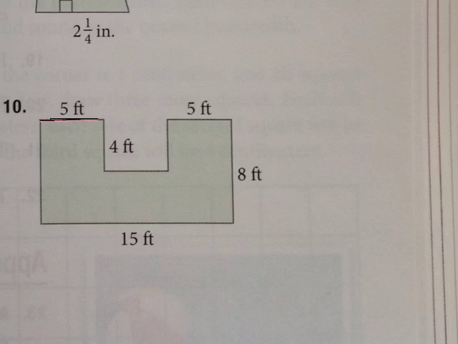this rectangle, and then this rectangle, and then this rectangle. So I'm going to find the area of 3 different rectangles and then add them up, and that will give me the area. So the area of the left-hand rectangle is going to be 5 from here, times